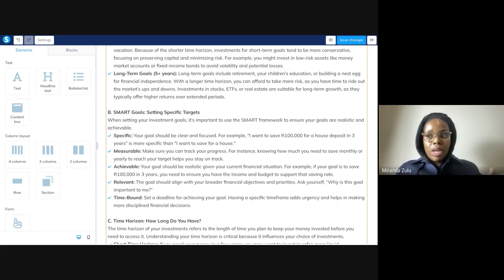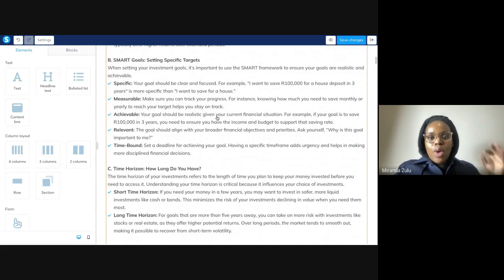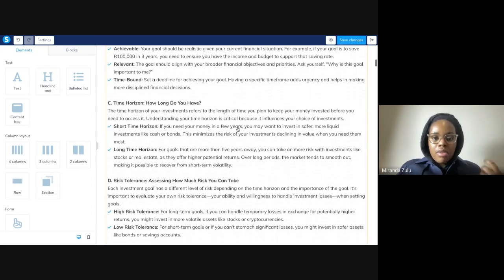And I have made those mistakes in the past where I would invest in something because I saw someone else invest in it. But then when I look at it in my portfolio, in retrospect, I realize actually that's not my strategy. That's not my focus. That's not something I should have done, and I take it as a learning curve. So it's really important to always think, okay, cool, I appreciate seeing that information, but how does it apply to me and my goals and what I want to achieve? And so that's why the SMART system is really great in helping you define and determine some of those questions for yourself. How long do you have?